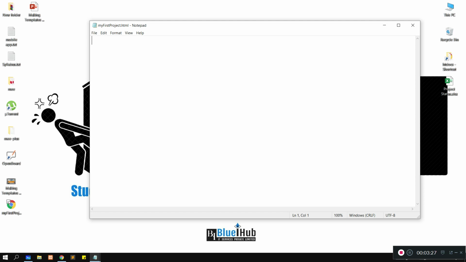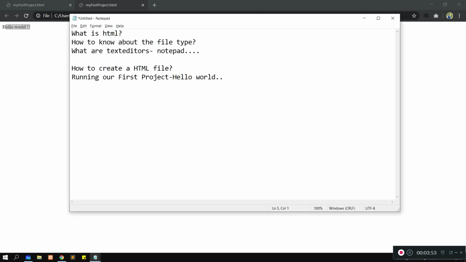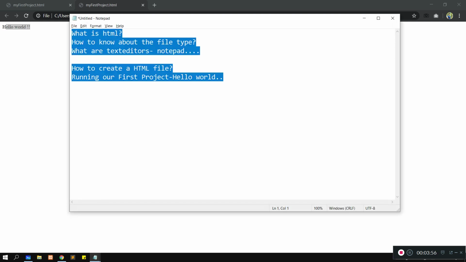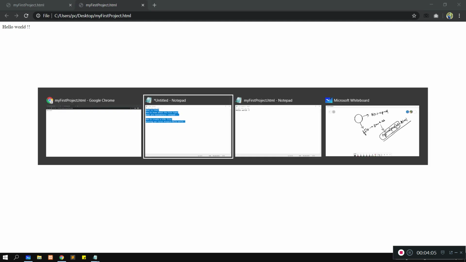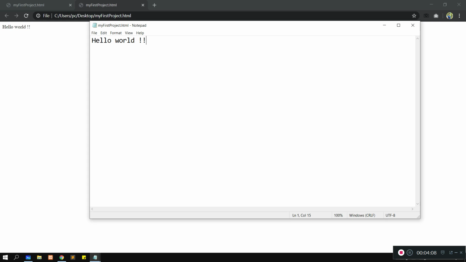Today we will simply type whatever we would like to type, hello world, and just press Ctrl S, that is save, or you can do it from here also. And now double click on your project file. See, finally, bingo. Okay guys, we got hello world. So I think we have covered all these five topics today. Keep watching, keep practicing. Without practicing, nothing happens.